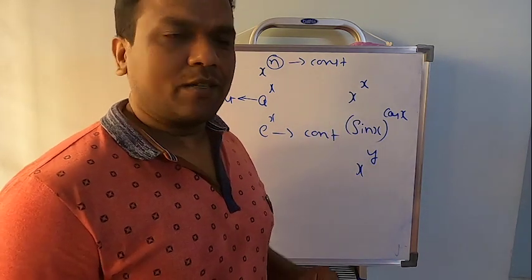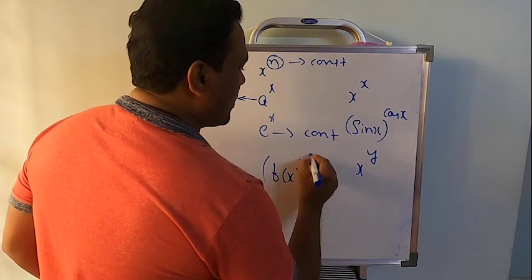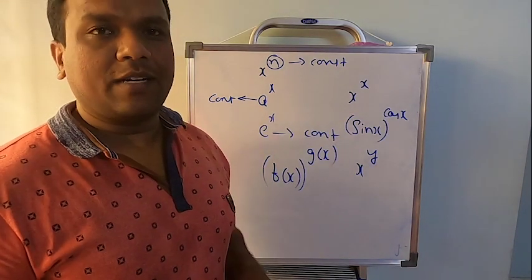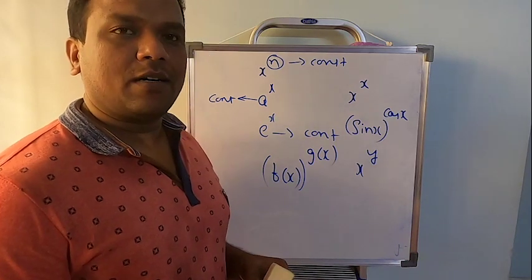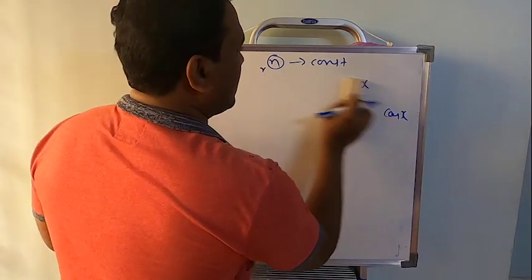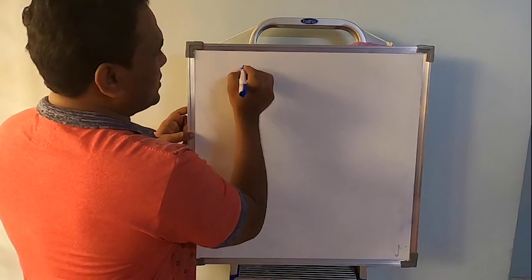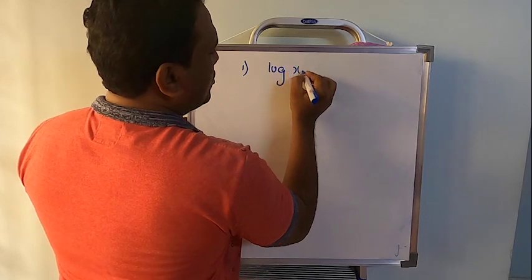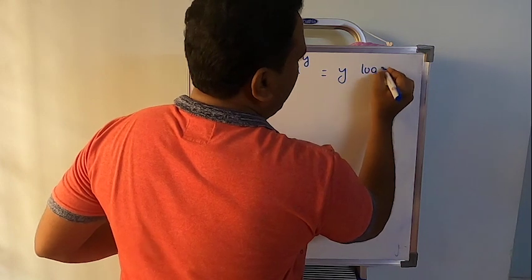Then in such a case, what I mean to say is, whenever you get one function to the power of another function, you cannot start the differentiation directly. So to do the differentiation of such things, I need to take the help of logarithms. First, I will write down a few formulas based on logarithmic differentiation. First thing: what is log of x to the power y? Log of x to the power y can be written as y log x.